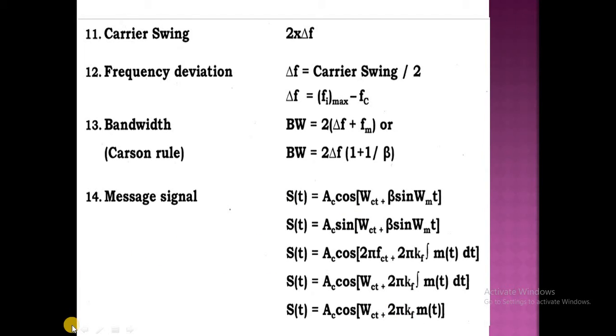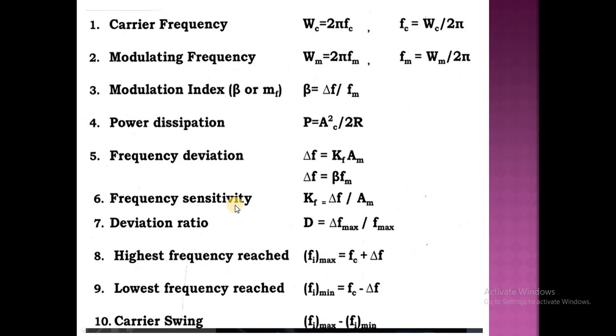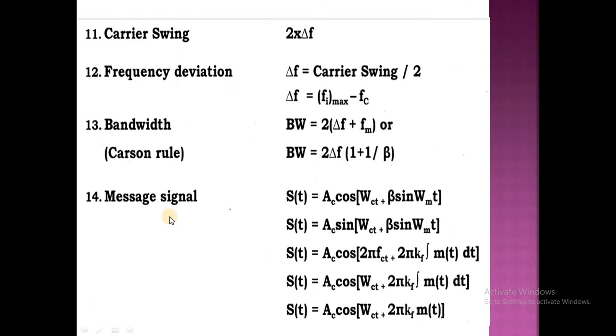t. So if you remember these general forms, it is very easy to find the different parameters like modulation index, modulating frequency, and deviation ratio. All these are very easy if you remember these general equations of the message signal. Okay, these equations are very important. Among all these equations, this particular equation is very important. You have to remember this general form for doing the problems very quickly. So you have to remember this equation.